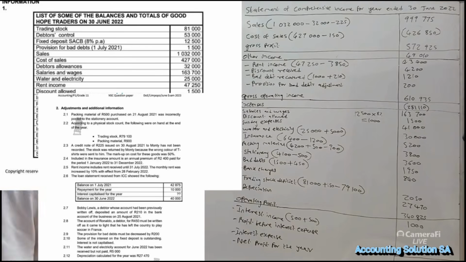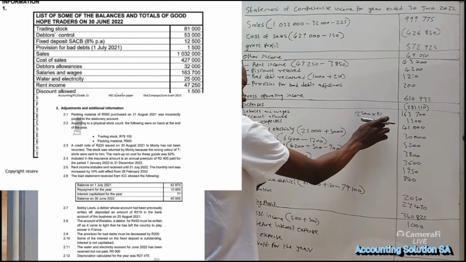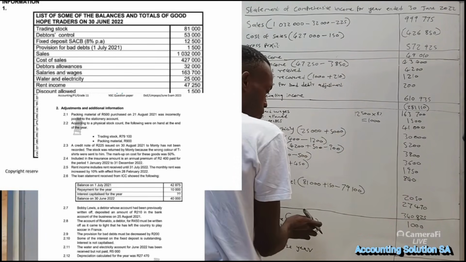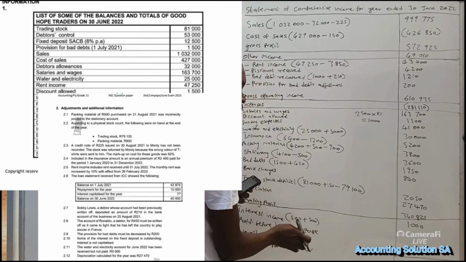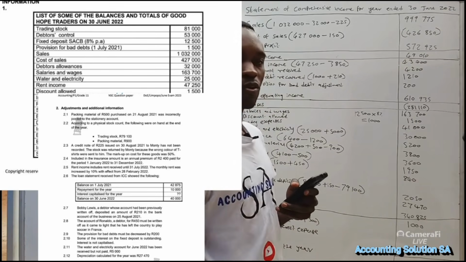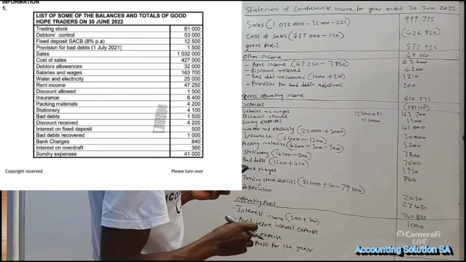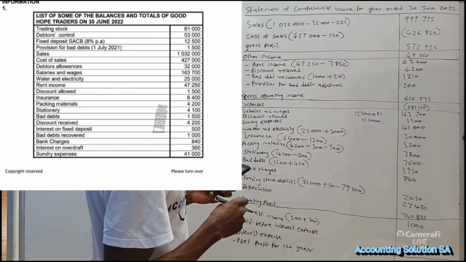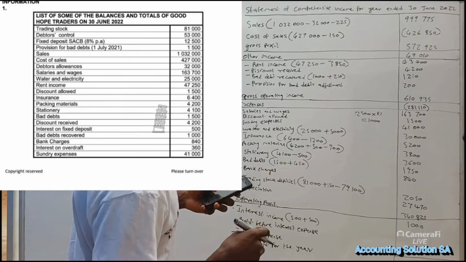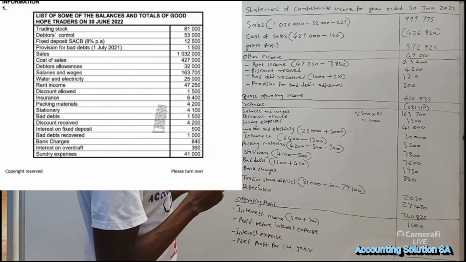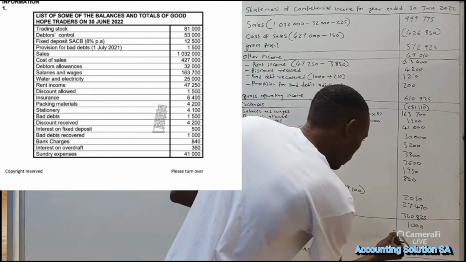Very simple. You don't just calculate this 8%, get 1,000 and record 500 plus 1,000. No, because already 500 has been recorded. It's some interest. Okay, then profit before interest expense is going to give us